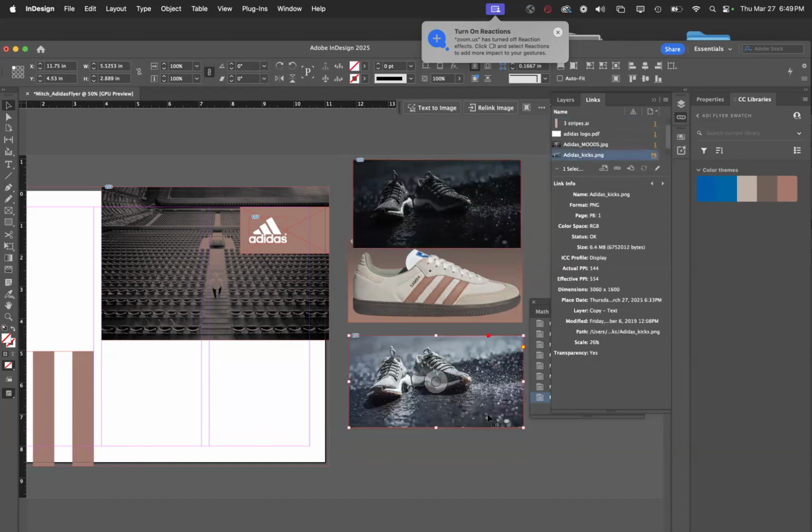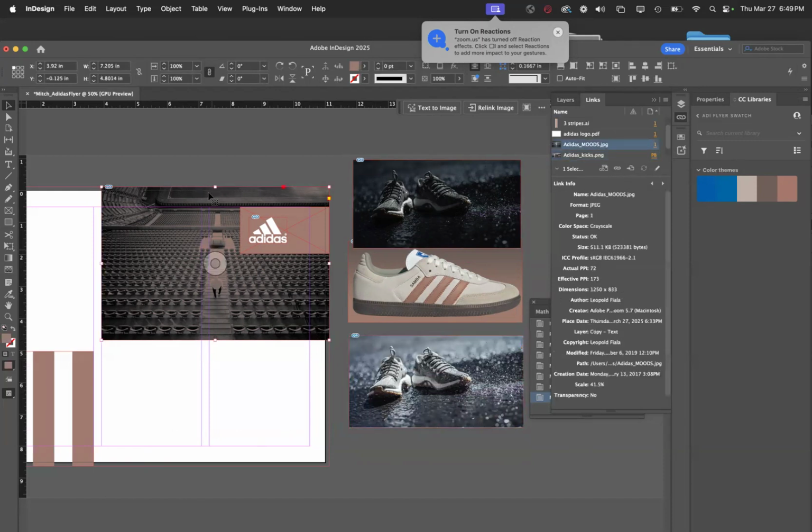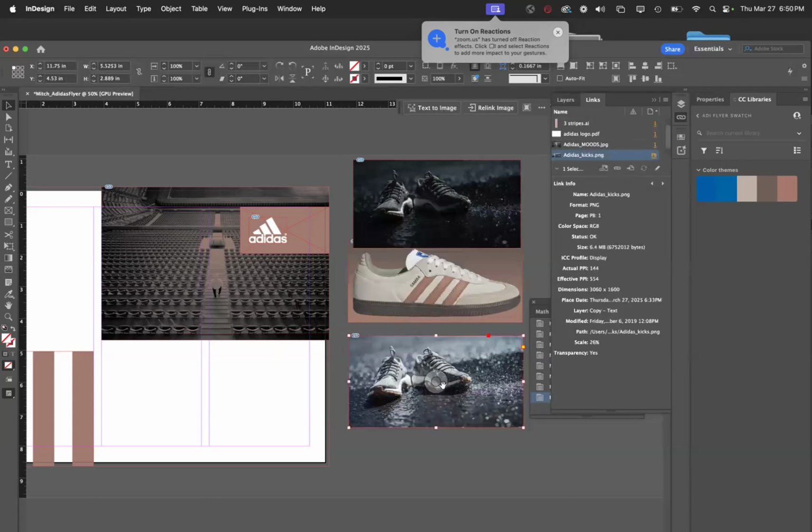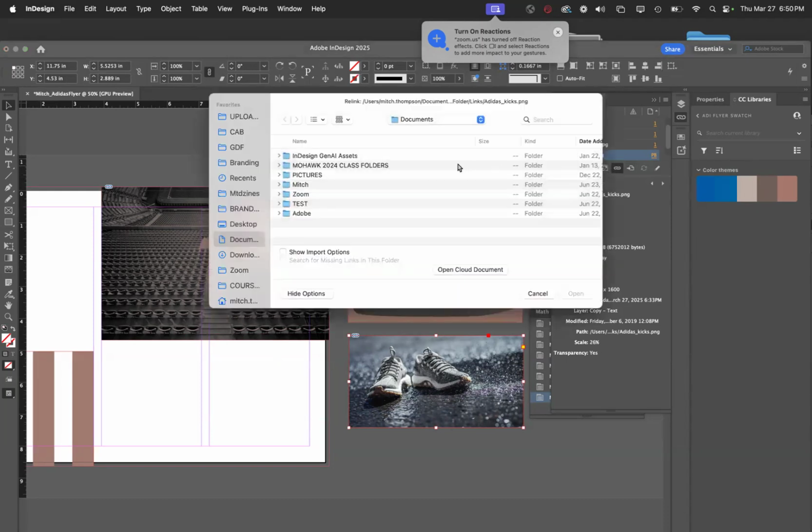Another way to do this is if you want to update it and keep it in the exact same frame. I want that image exactly where it is; I just changed it and stylized it, so I'm going to pop it in exactly the same spot. If you're doing magazines and touching up, and you want to swap out the image in that box for another one, you can do Command D, or you can go to relink. Notice with my PNG file, if I do relink,